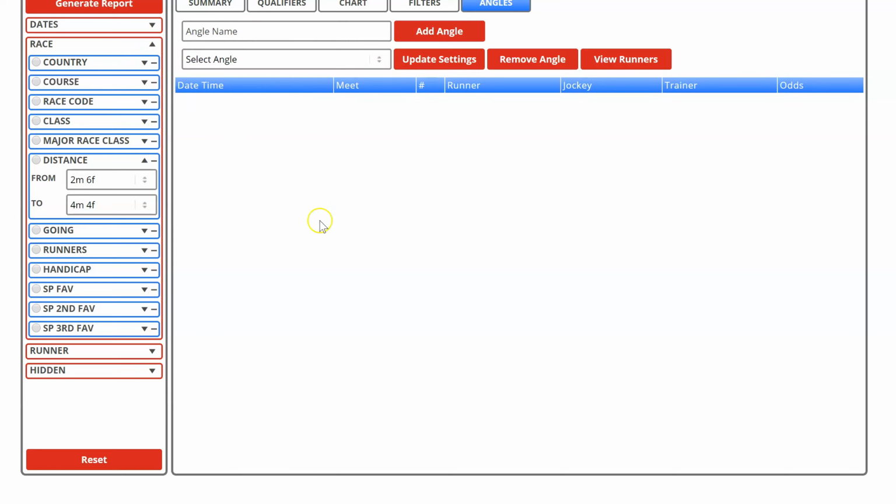Now, again, one of the things I want to show you is how this angle data is recalled for you, such that the next time there is a qualifier on a given angle, you are aware of it. As I say, unfortunately, there's no racing at the moment, so I can't evidence these in real time. However,